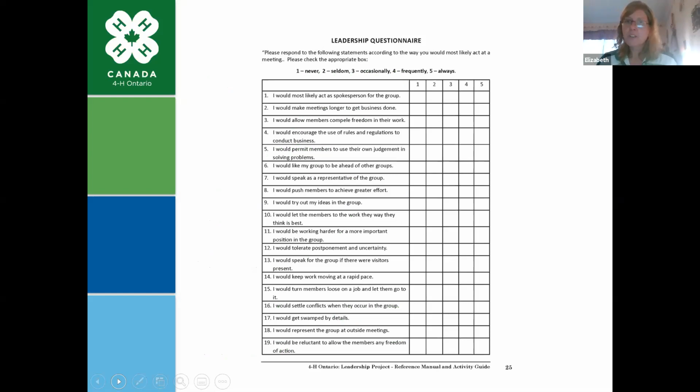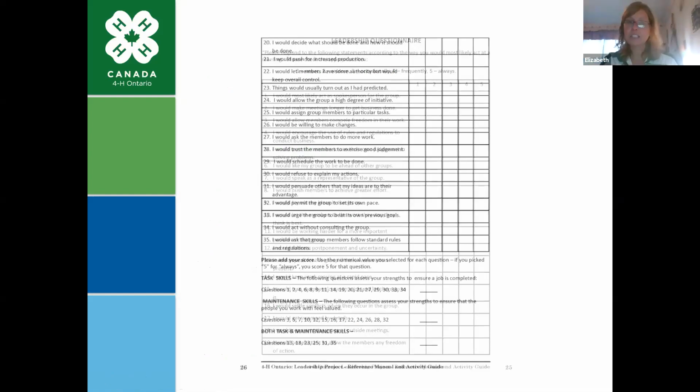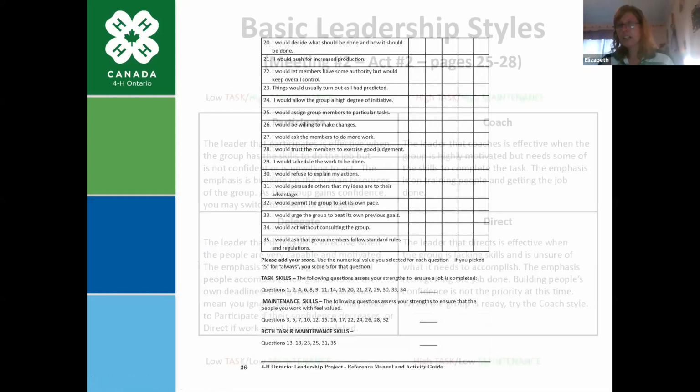It's the leadership questionnaire. This is to help 4-H members determine what their basic leadership style is. With this chart, and there are 2 pages of it, so I'll just move on to the next page. There are 35 questions that 4-H members would score themselves on. Then they figure out from there their number for task skills, and their number for maintenance skills, and then they would move on and